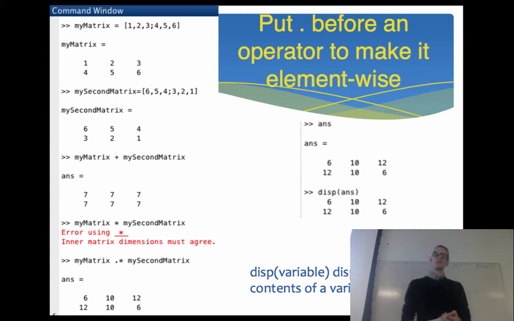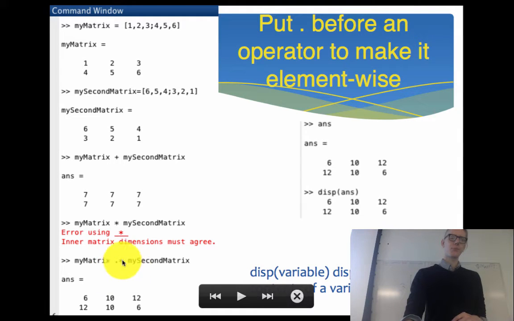It's going to give this error that the inner matrix dimensions must agree, which will make sense if you're into linear algebra and won't make sense if you're not. But basically what it's saying is that these matrices are not compatible with matrix multiplication. And what we actually want to do is multiply the elements one by one, do this multiplication element-wise, and so you put a dot before the multiplication symbol here, my matrix dot multiply my second matrix, and it will